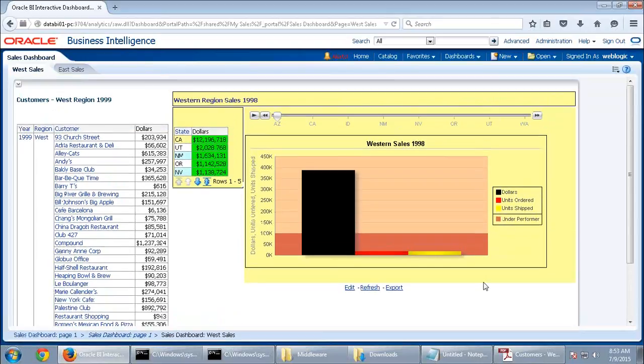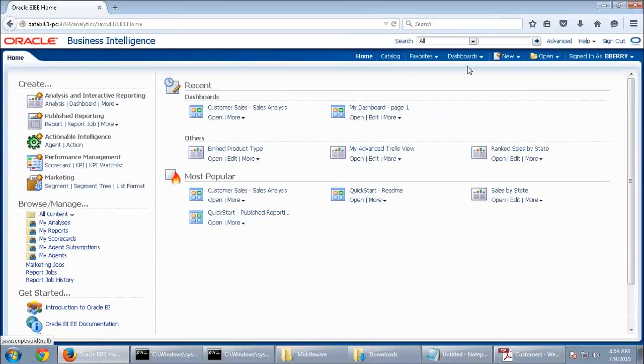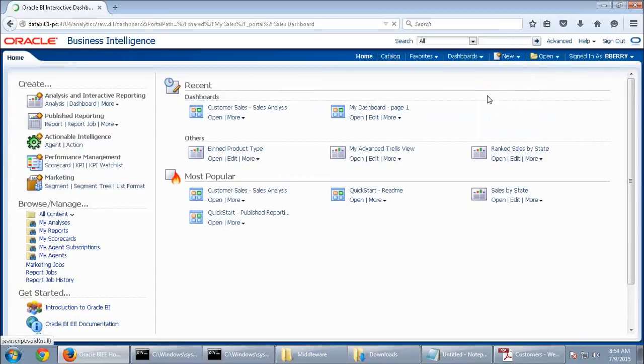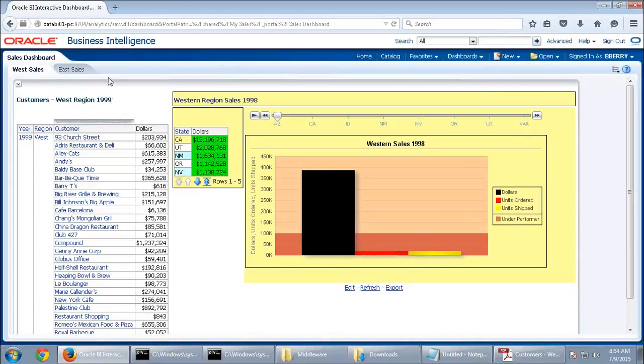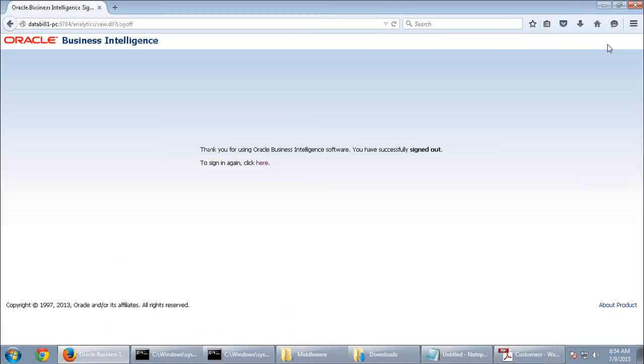Okay, so this is how you create a dashboard. Now sign out of this. I created this under shared folders. Just log in with bberry. He is a BI consumer user who can look into the content of a shared folder. Just observe whether this user can see this. Go to dashboards. Do you have my sales dashboard? Since I placed this under shared folders, even this guy can look at it, and even this guy has access to both the pages that I have created, like this. Okay.